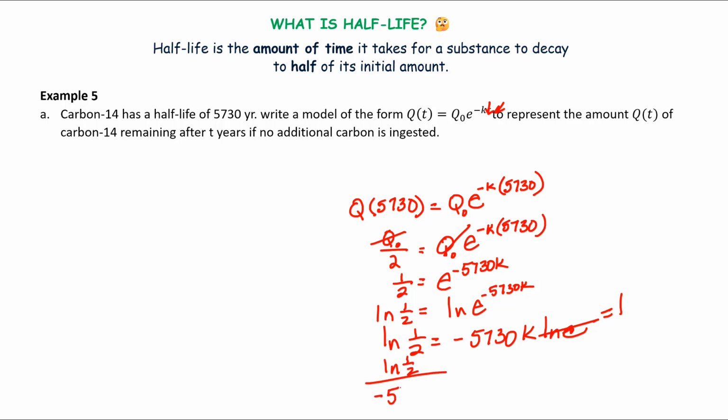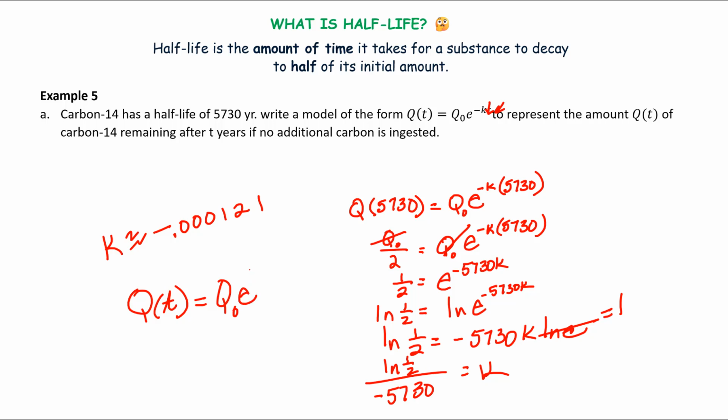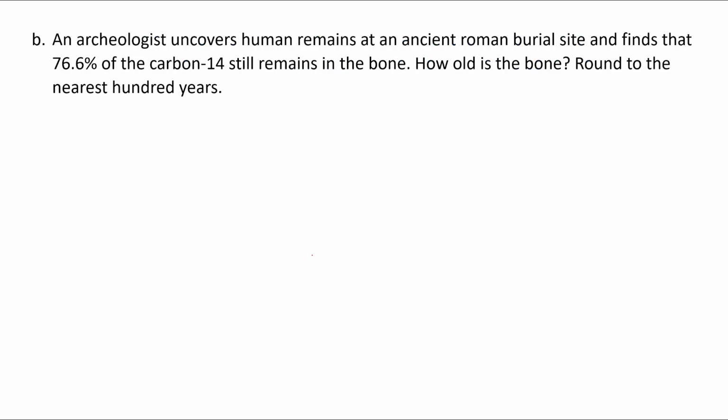to find k. And k is going to be about negative 0.000121. So that's my k for this function, and so I can write the function Q of t is equal to Q sub 0 e to the negative 0.000121t. So an archaeologist uncovers human remains at an ancient Roman burial site and finds that 76.6% of the